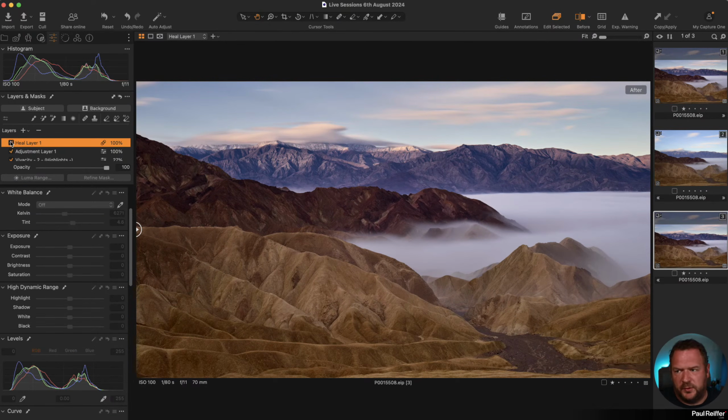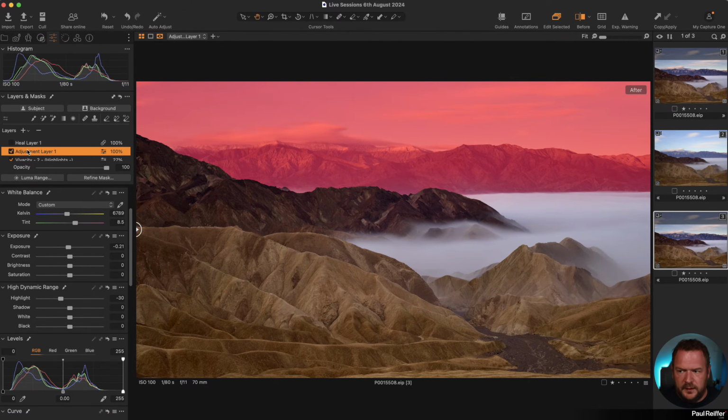There's a couple of dust spots and stuff like that. Fine. Let's ignore that one for now. There is an adjustment layer that only affects this top bit here. Now, from memory, and this is going back a little while,